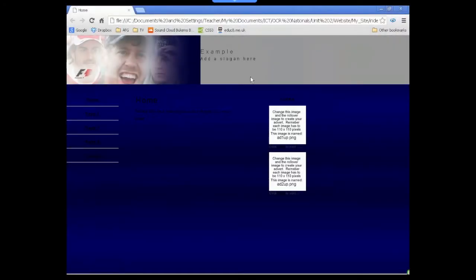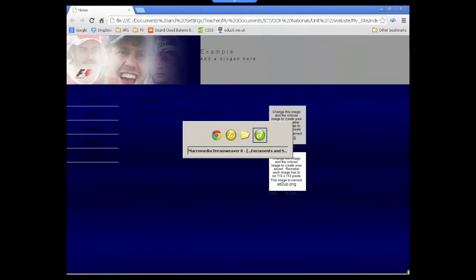Okay, so now we've got the background and we've got the header image that's in place. So it's now time to look at these two components of the website, which are rollover images or buttons, as they will be linked to external websites. So if we just go back to Dreamweaver,